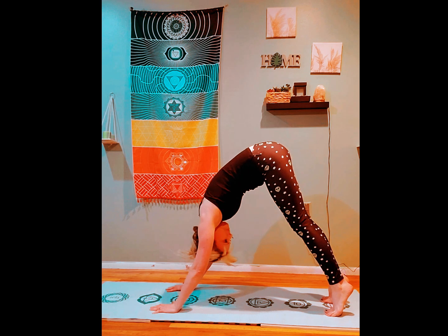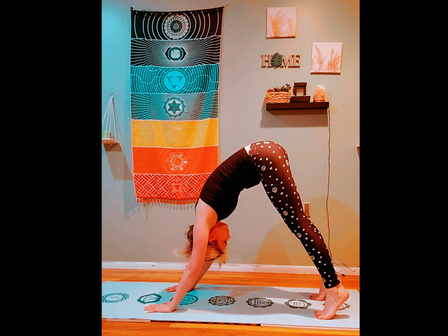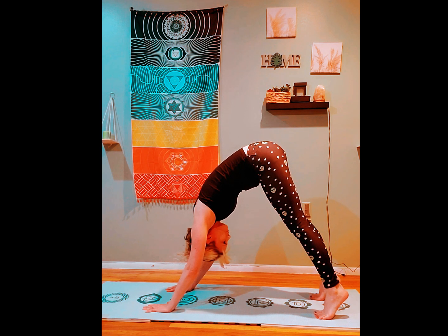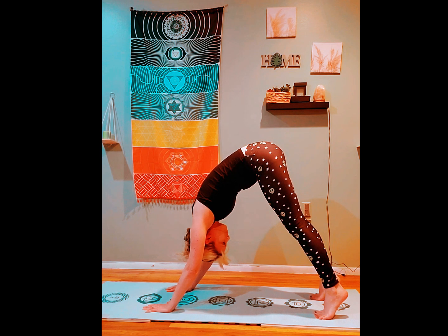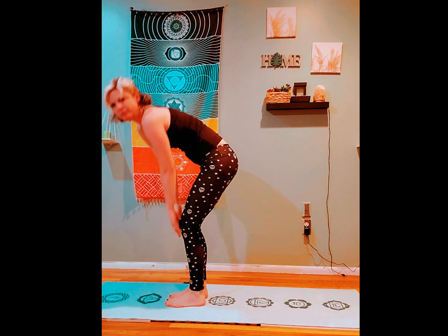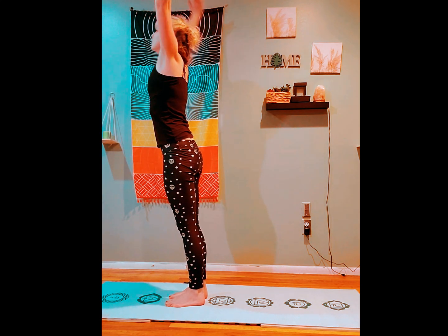Tucking the toes, coming into a downward facing dog. Remember that the hands are spread out, putting most of your weight on your index finger and thumb. Sit bones are up towards the ceiling. Look up, hop or step to the front of your mat, coming up, arms reach up, and palms come together,